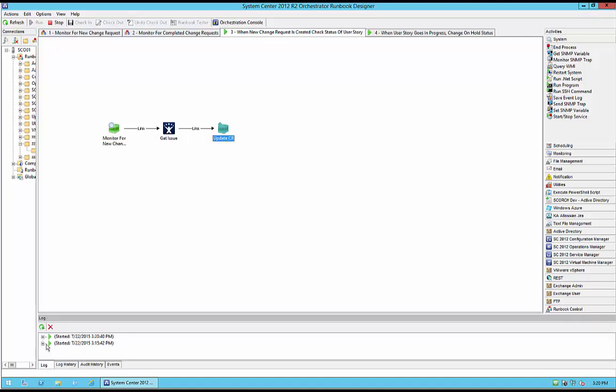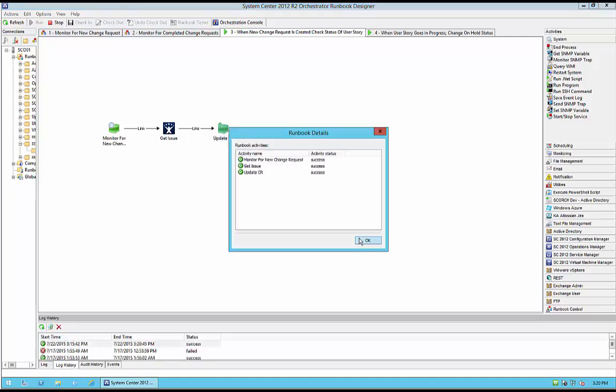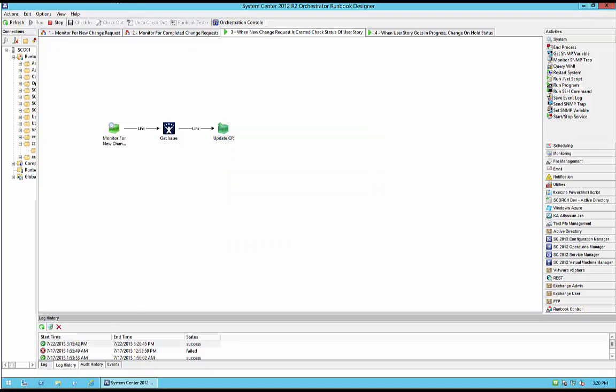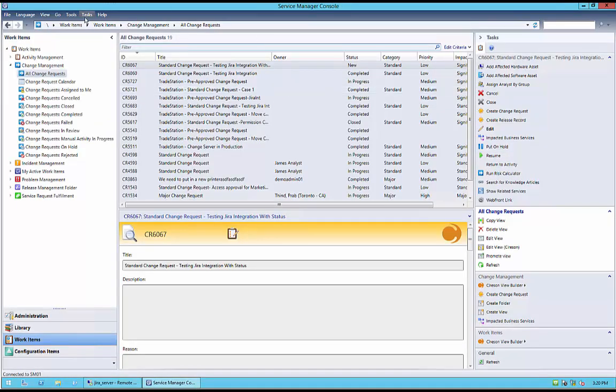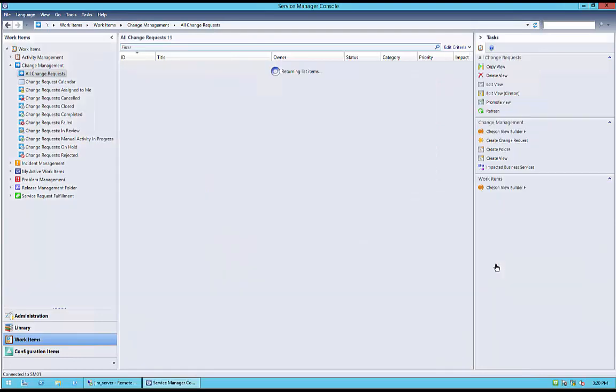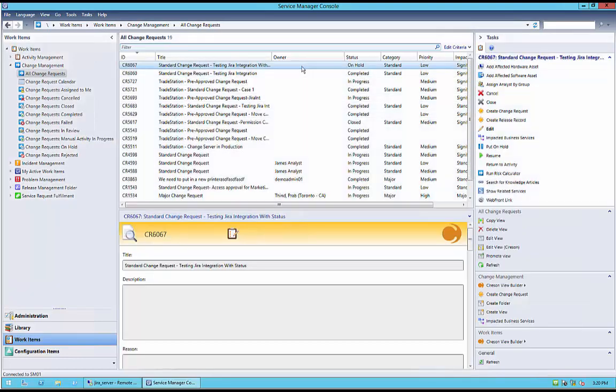So you can see my runbook has started because I see another instance popping up. And it completed successfully. So if I go back into Service Manager and I do a refresh on my view, I can see that my current change request is on hold. So because my JIRA issue is currently in a to-do state, it put the change request associated with that issue on hold. If I go back into JIRA,